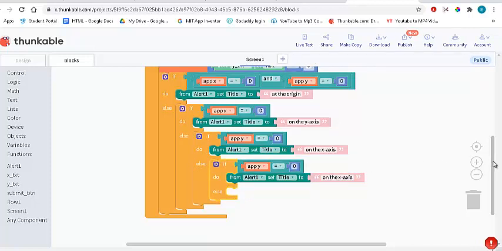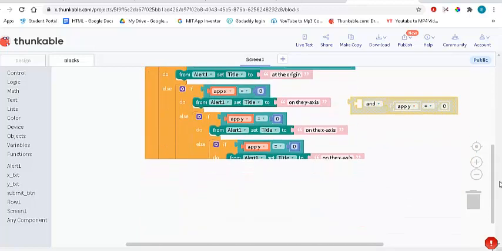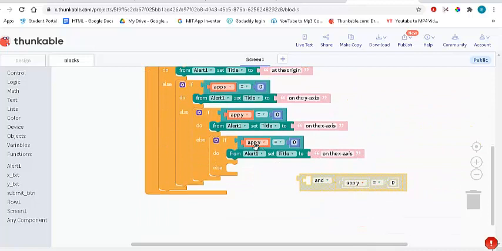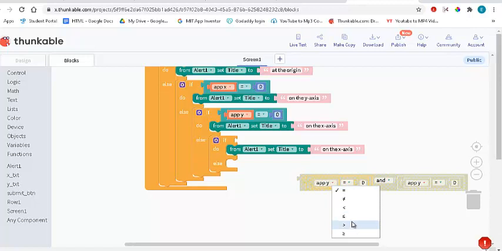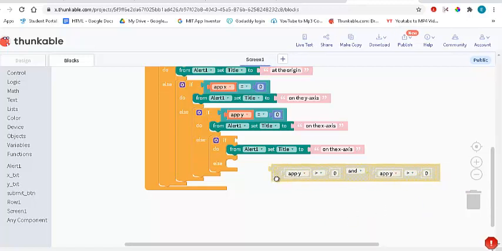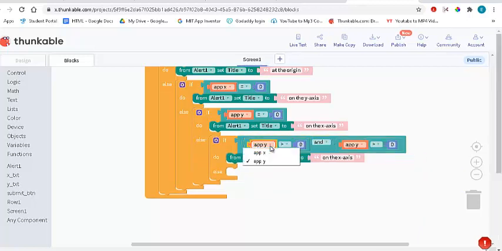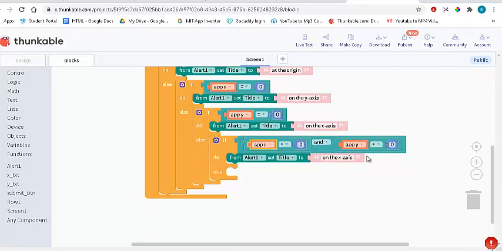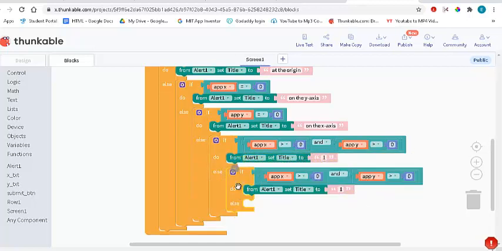But now I need that AND that we had before. So I'm going to bring this one here. And I'm going to take this one and put it here and change this one to greater than 0 and this one greater than 0. And I'm going to put it right here. So if x is greater than 0 and y is greater than 0, then I know it is in quadrant 1. I'm going to duplicate this one again and put it here, and I'm going to say if x is